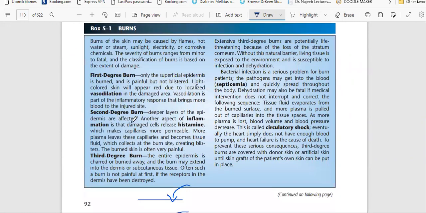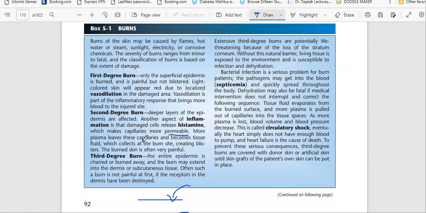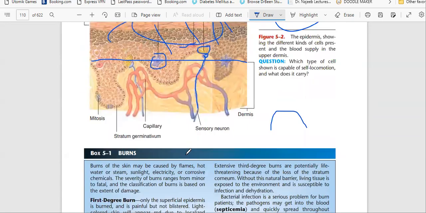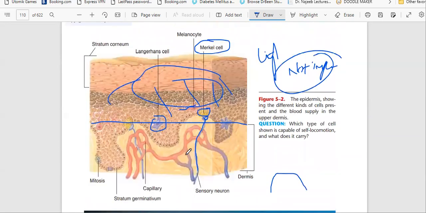Second degree burn. What will happen in second degree? In second degree, deep layers of the epidermis are affected. Another aspect of inflammation is that damaged cells release histamine, which makes capillaries more permeable. More plasma leaves these capillaries and becomes tissue fluid, which collects in the burn site, creating blisters. The burnt skin is often very painful. If the water is very hot or the electricity has a large amount of voltage, it will enter into